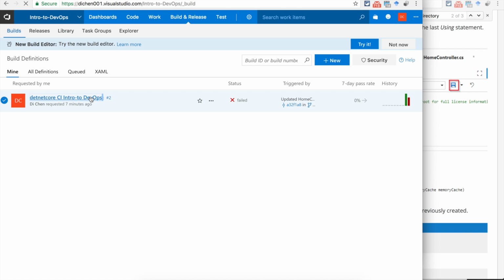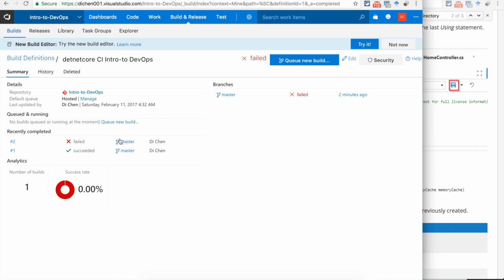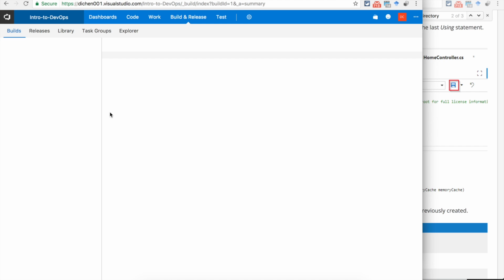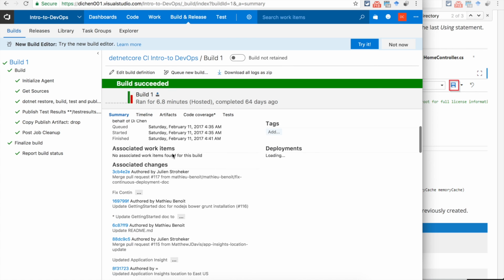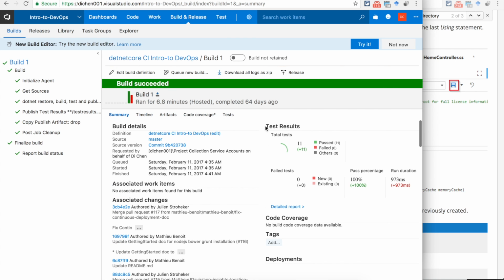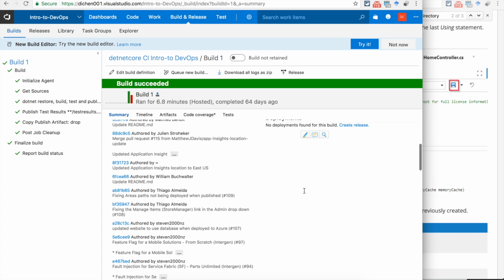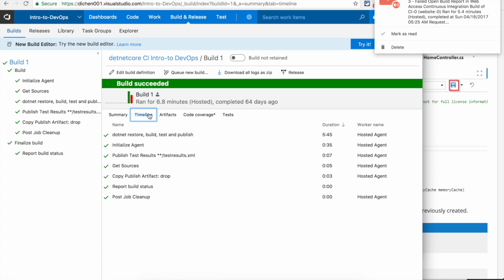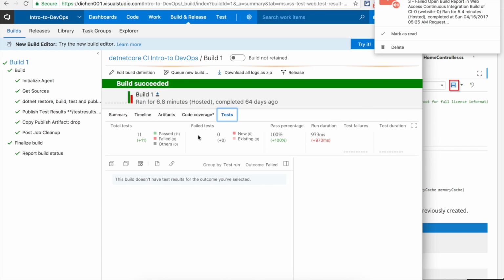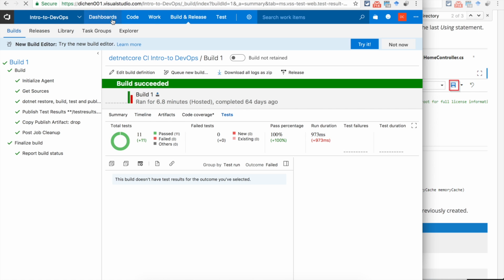And if I go to this one, you can have the overview of the test results, total tests, and also the code coverage. The timeline, artifacts, and all the tests. And if I go to dashboard,